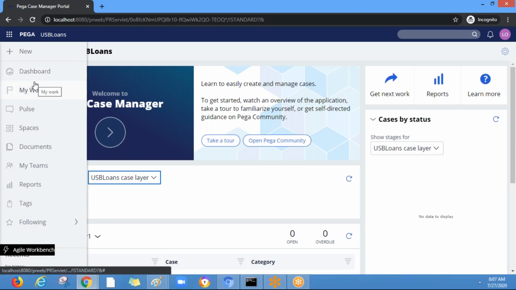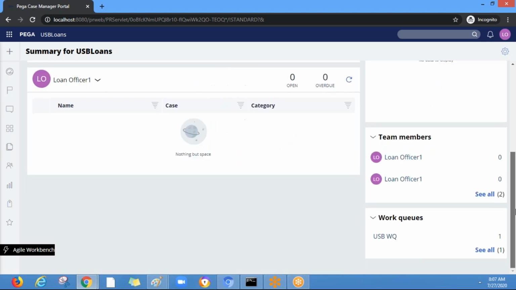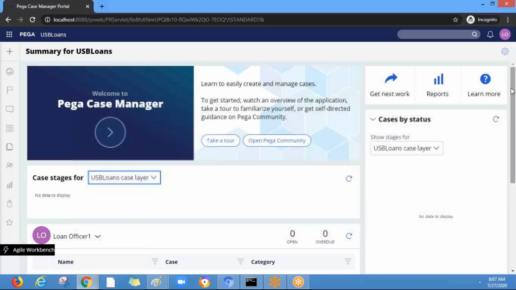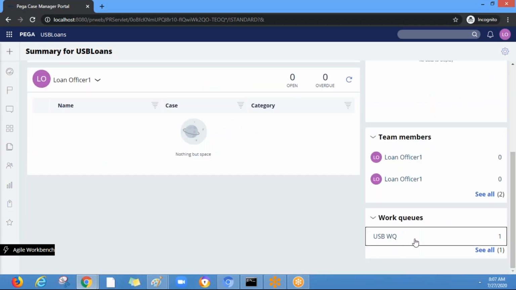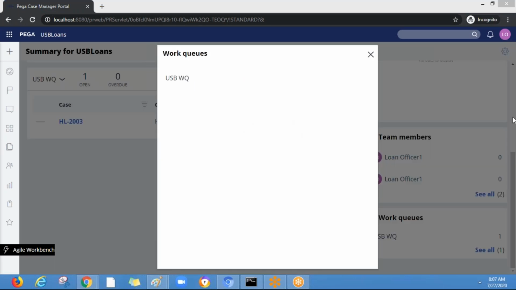Okay. Yeah. So HL-2003, right? So here you see the work queue, and click on the work queue items or click on See All. HL-2003, right?